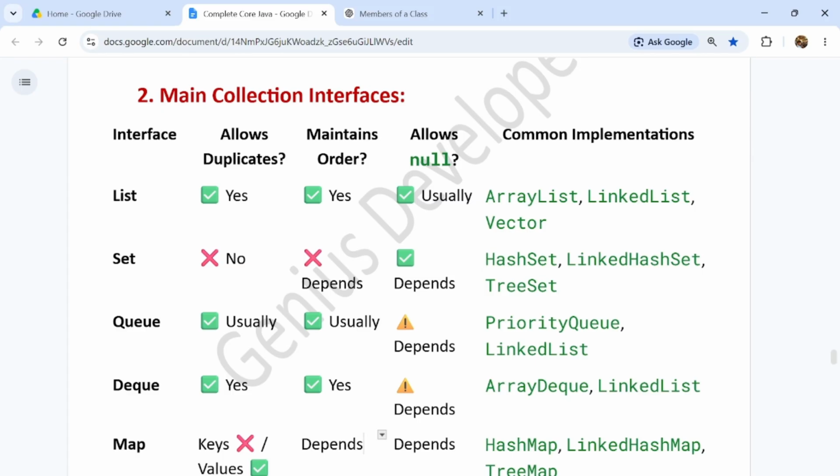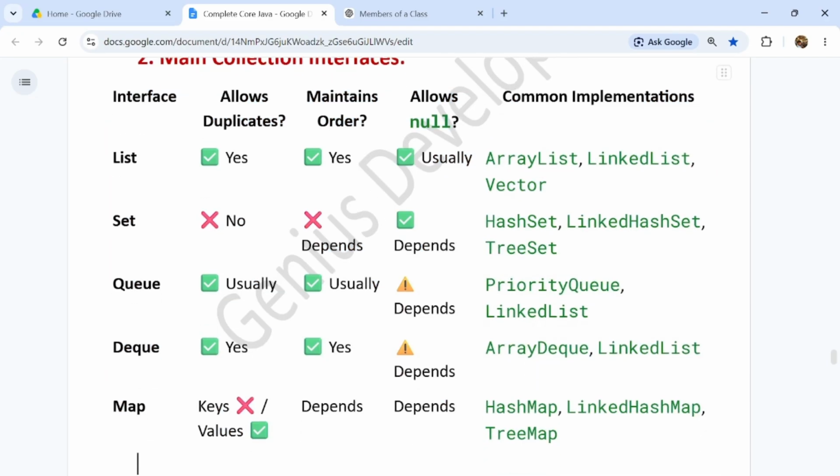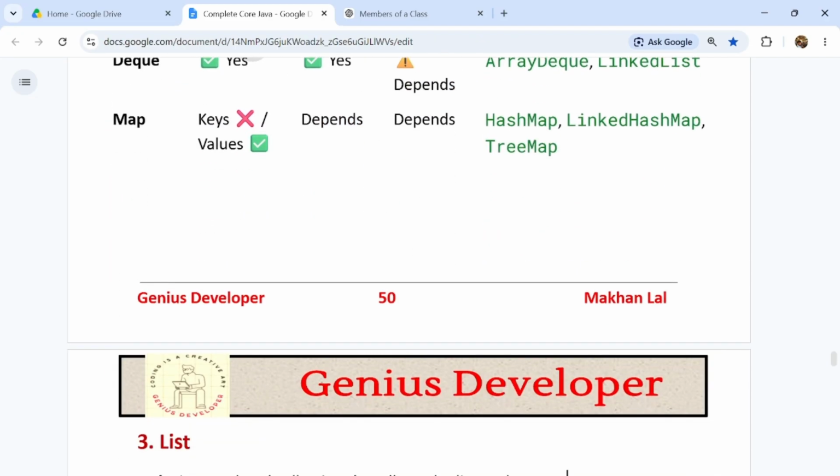The main collection interfaces are list, set, queue, deque, and map. So these are the basic information, guys. Please go through all these concepts about collection. These are very important points, guys.